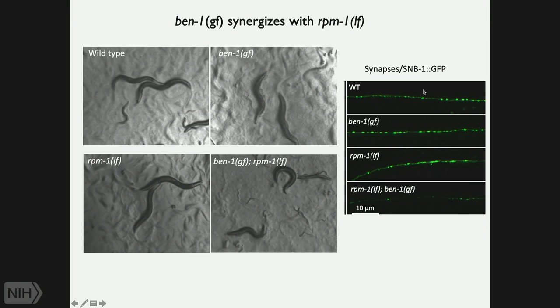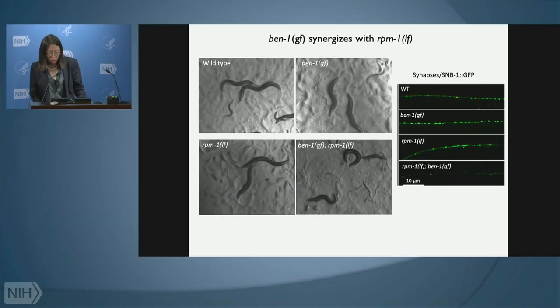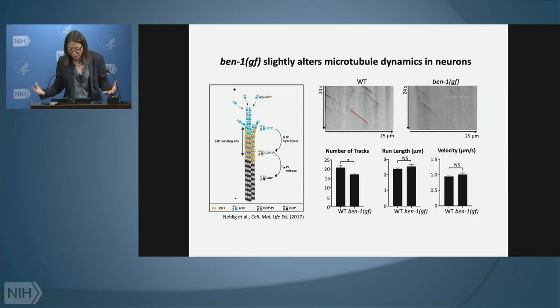When we look at the synapses, you can see here the synaptic puncta in the wild type. It's very discrete. With gain of function, it's also pretty well discrete. RPM1 loss of function disrupted the shape of synapses, and this double mutant basically loses most of the synapses, and the worm is paralyzed. So BEN1 gain of function acts in a parallel pathway, and since it is a tubulin,